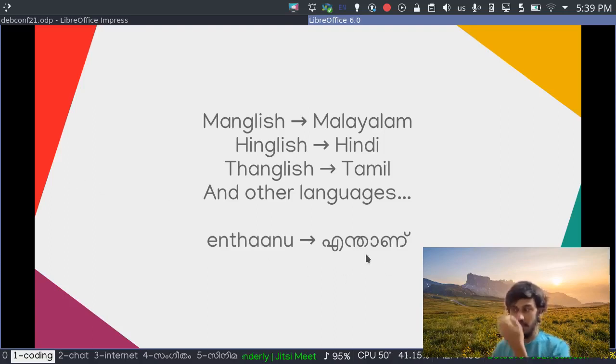This word is Malayalam. The English version by the phonetic sound of that word is endana in English letters. When we type this, it should give the output this way. So I simply need to learn 26 letters, which is English, and use that to make words that I want to write in my own language. As far as I understand, Hindi in this version is called Hinglish, Tamil in this version is called Tanglish, and there are other versions too. Of course, Malayalam is called Manglish.